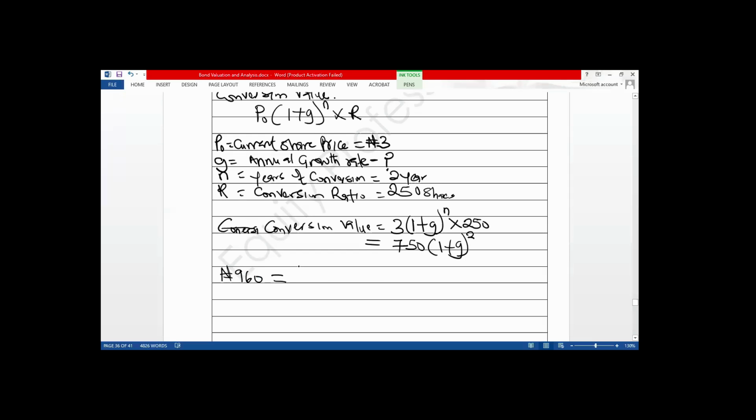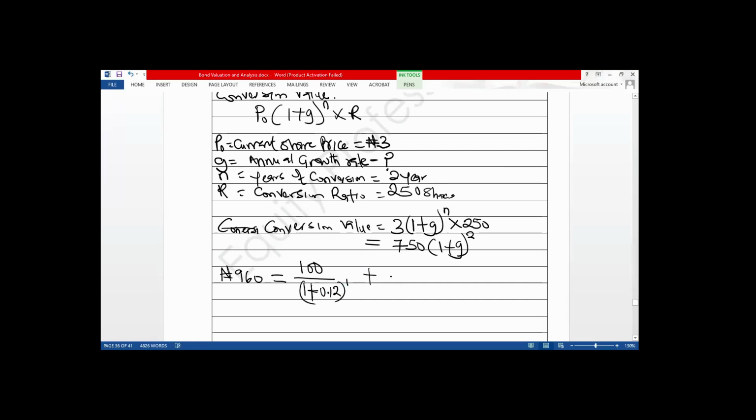What is the present value? That becomes 100 divided by 1 plus the discount rate, 0.12 in year 1, plus